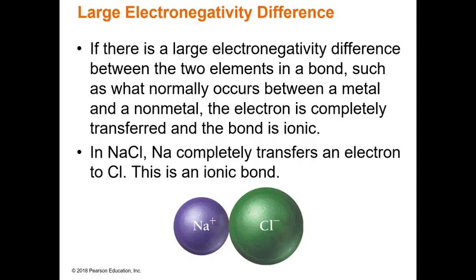When the electronegativity difference is very large, as between a metal and a nonmetal, the electron is fully transferred from one atom to another, forming ions. This results in an ionic bond. Sodium chloride, NaCl, is a classic example. Na donates